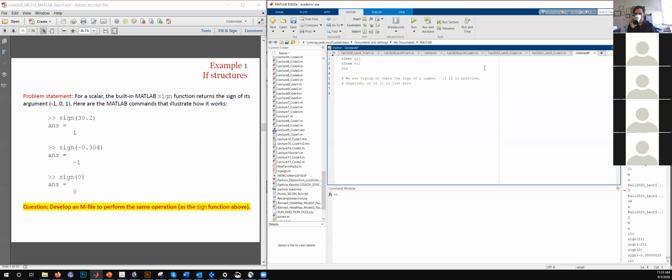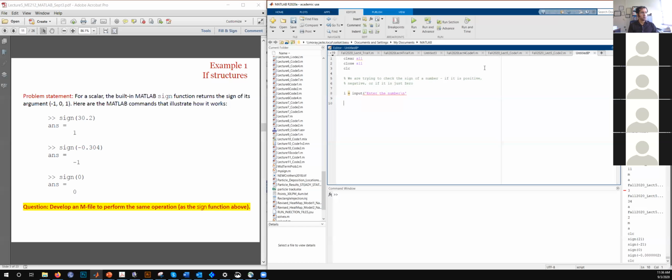I equals input. And what is I here? It's just the number that you were trying to check, right? So enter the number. Okay.